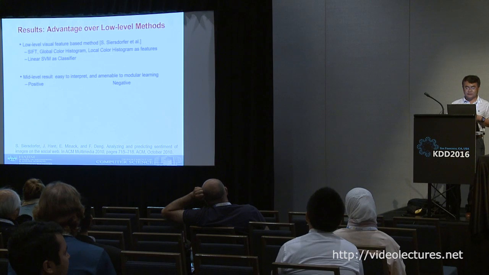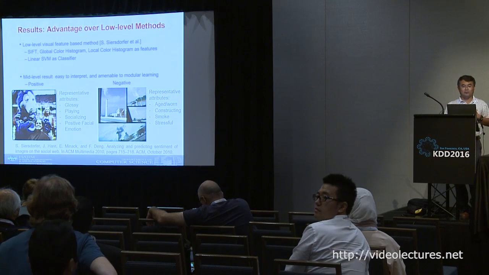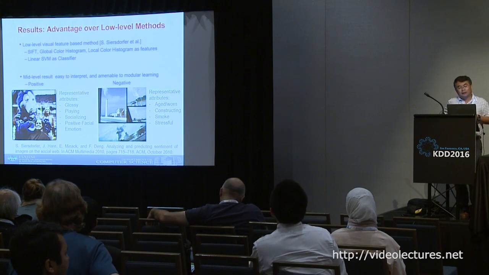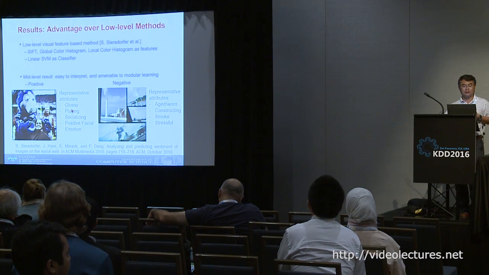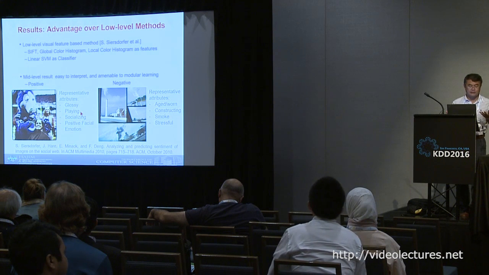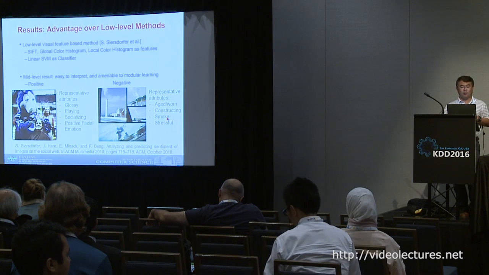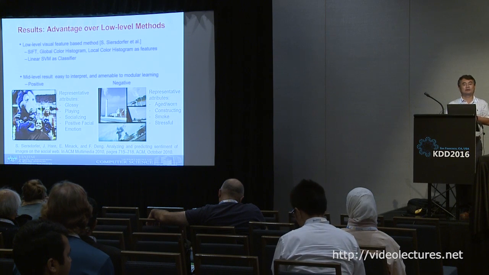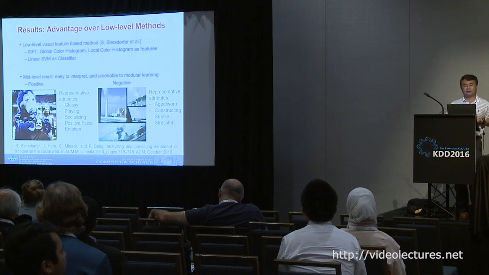Around 2013, we decided to try something a little bit better. What we relied on was not color or texture, but something called visual attributes. From images, you can calculate things like glossy, people playing, people socializing, positive facial emotion, and so on and so forth. Once you get these mid-level attributes, they are already words and semantic, so you can build a classifier on top of that, which would lead you to either positive or negative sentiment. And that's what we did.